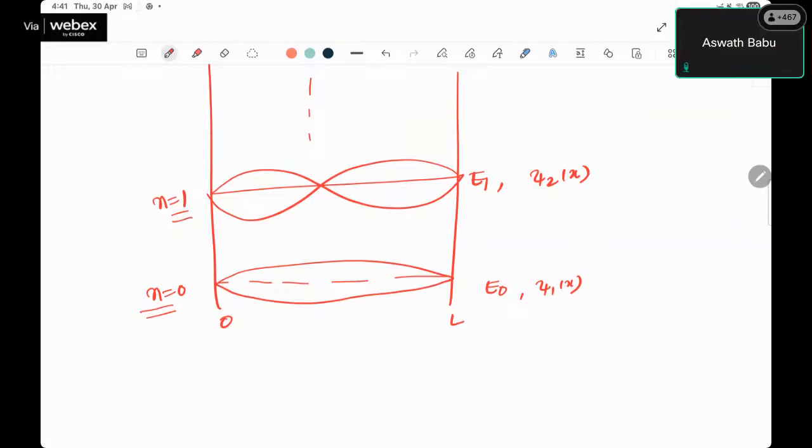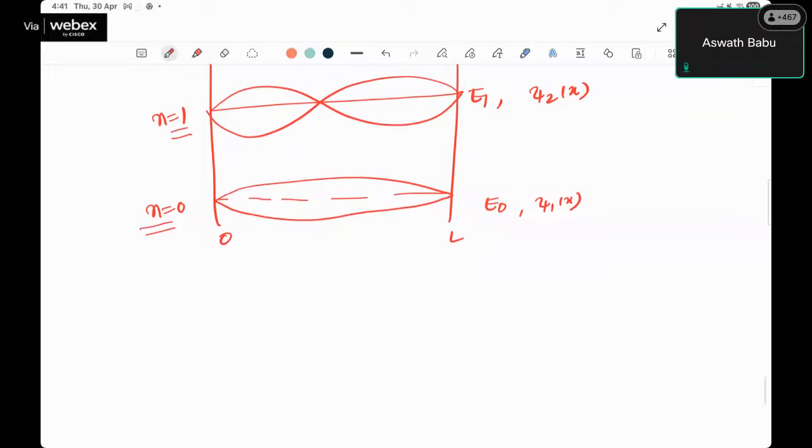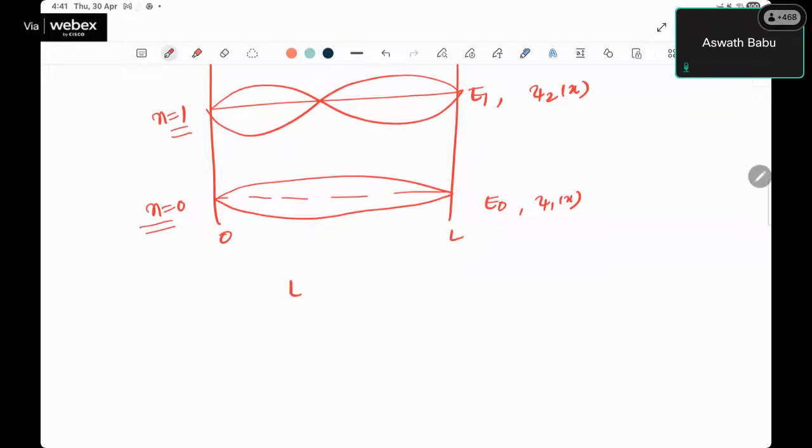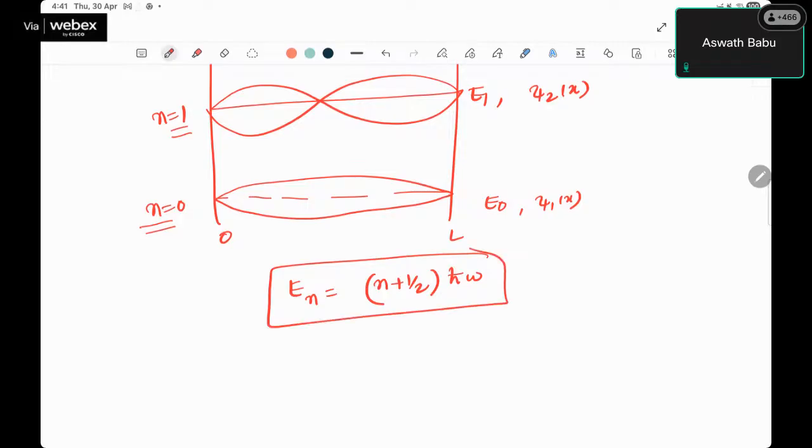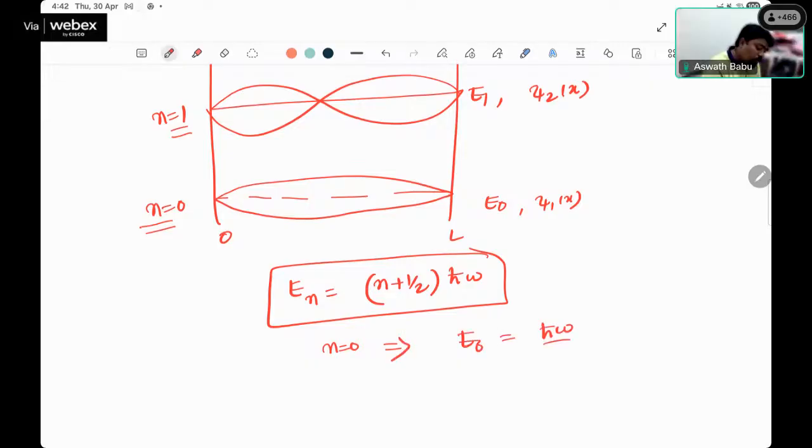Now you see, overall the energy of the system, if I have to write down, energy for an nth orbit, an nth quantum state, is equal to (n plus half) times h omega. This is the overall energy of the system for any given nth state. But if I substitute n equal to 0, what happens? E of 0 is h omega by 2, which means even in the ground state of the system, I have